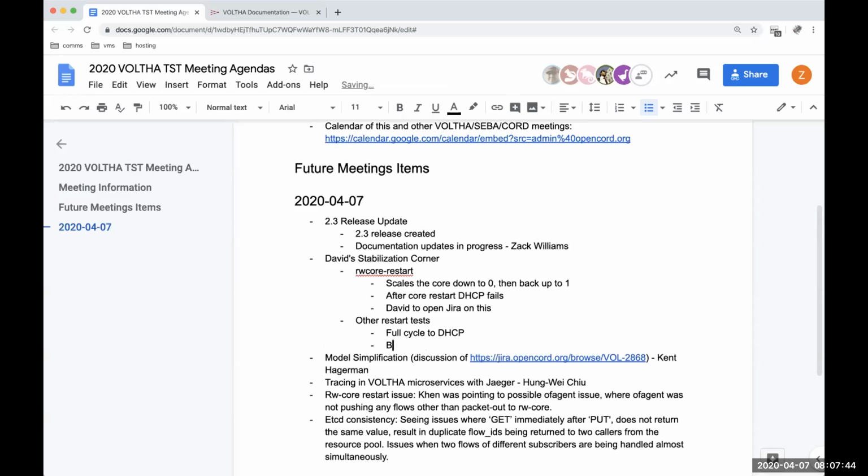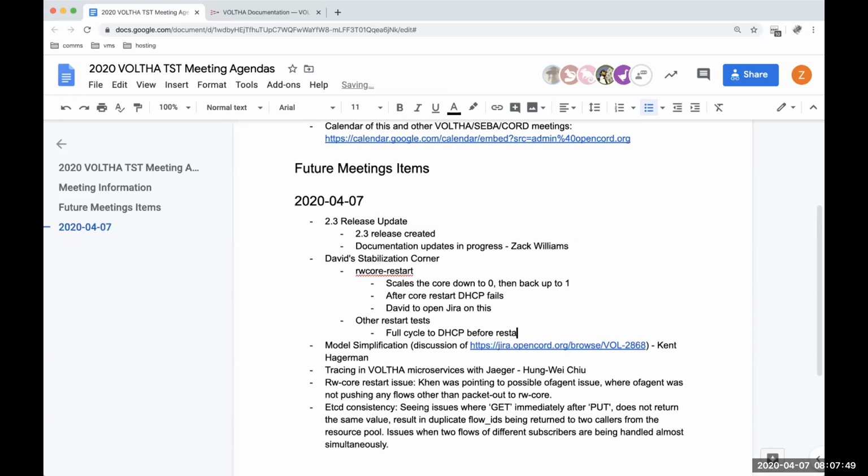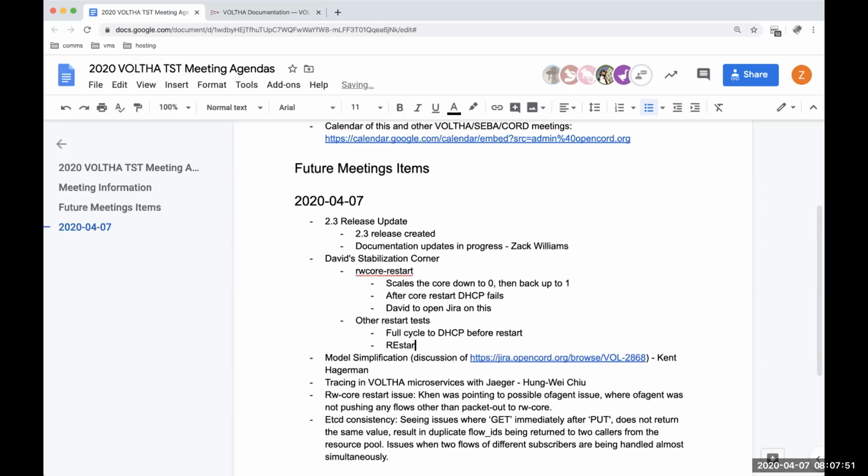I think it would be beneficial, for those tests that don't already do it, to do the restart in the middle between EAP poll and DHCP to see if we get continuity of bringing up a single device over the restart. If a test doesn't do that, we need to add that to the test as well. Again, just to reemphasize, my point of view is container restarts are critical, and we need to be able to get continuity across those. So, once I get the log and the JIRA up, I will be posting to Slack, and hopefully get some discussion going and weed out some of these issues.